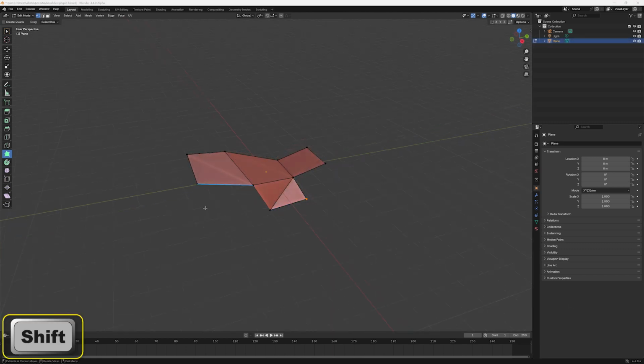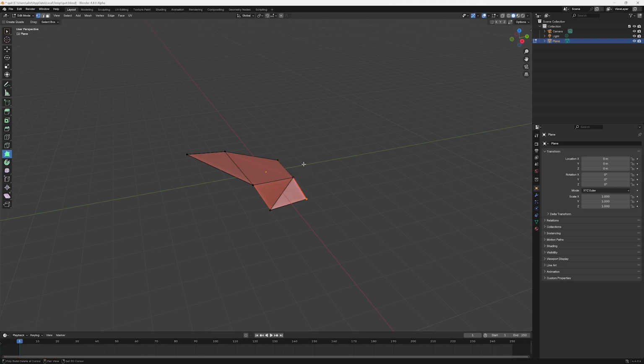If we hold down the Shift key and move over a vertex, clicking will delete the vertex. Holding down Shift and moving over an edge or face will outline the face in red, and then clicking will delete the whole face. As you can see, as we add more rather random faces to our structure, the overall